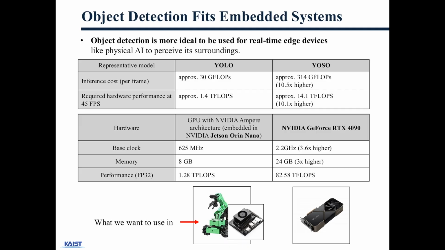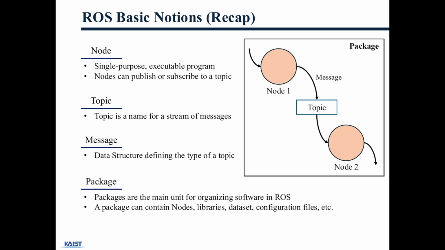I think we all had ROS. I am sure that you are familiar with this notion. ROS is built upon a thing called packages. The package has nodes. A node is like a program. A topic is the communication between the nodes, and you are sending messages between these nodes. Why am I showing you this for object detection? Why is this very important? You have a